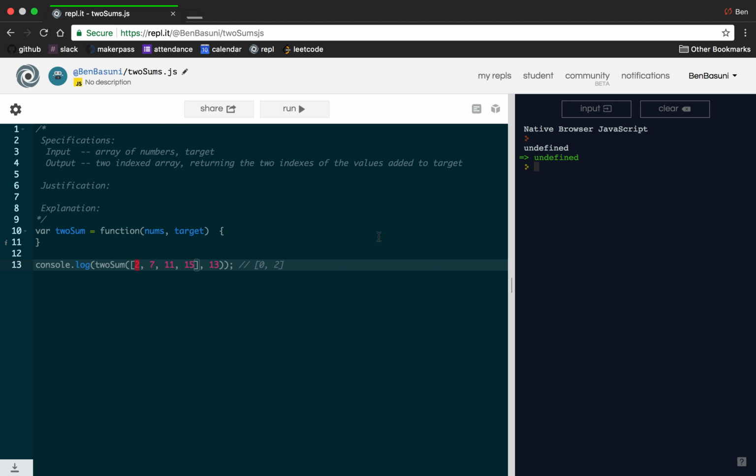So today I'm going to be creating a video that showcases how to solve this two-sum function that I grabbed from LeetCode. The specifications of two-sum, or its input and outputs,